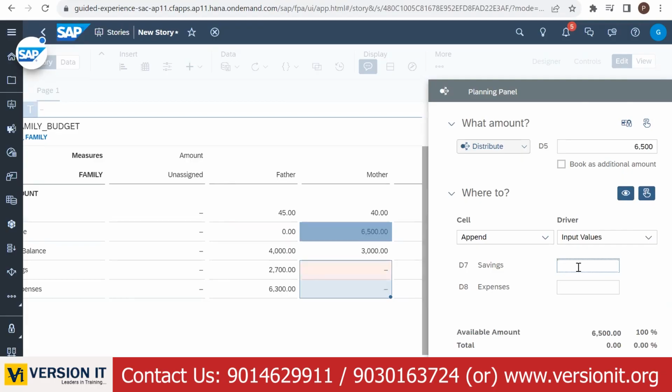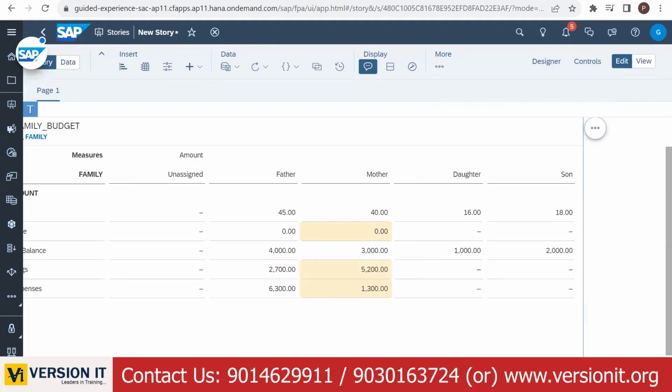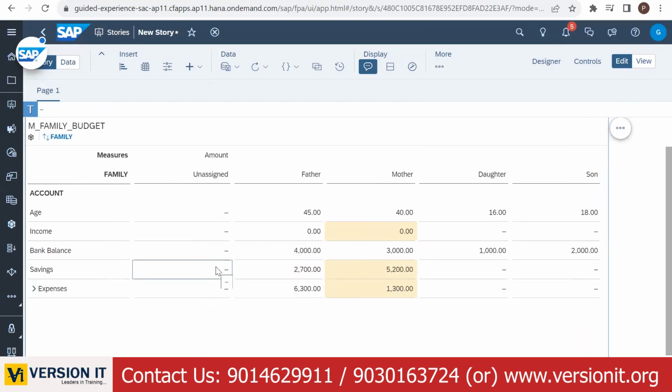So mother will save 80% out of the income, and for expenses 20% they have given. So this is not the weights, go to the input weights. Okay, right. So input weights like this, it will allocate. Okay, apply. Right. What is the total savings? Okay, the total savings is nothing but